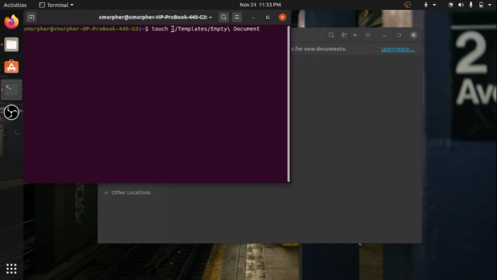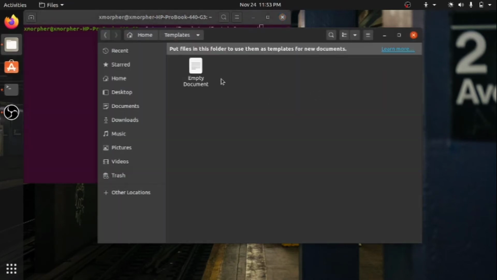symbol, which you can get on your keyboard above the tab key, and you have to press shift plus that. Then slash Templates slash Empty Document, space, Document, and this will create the new empty document, which will make the right click new document option available in all these folders.